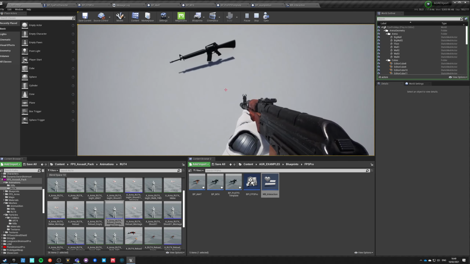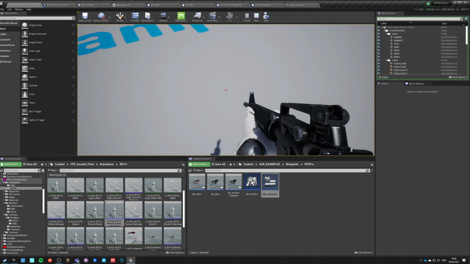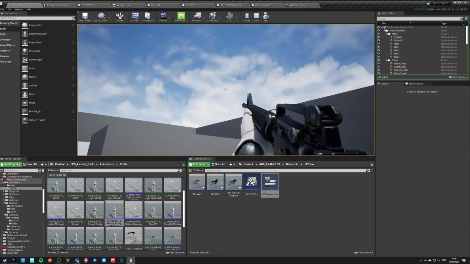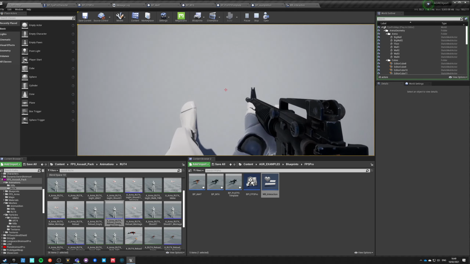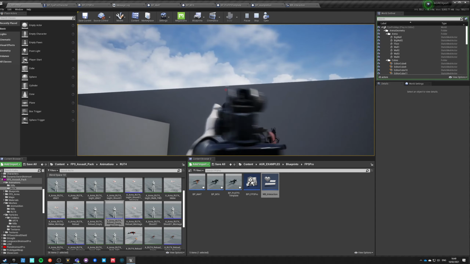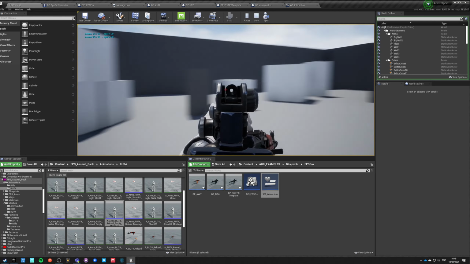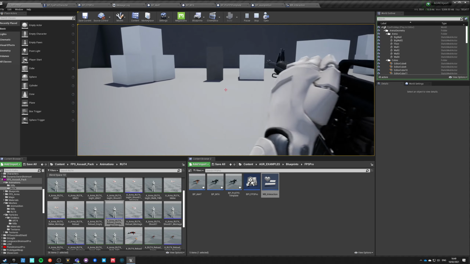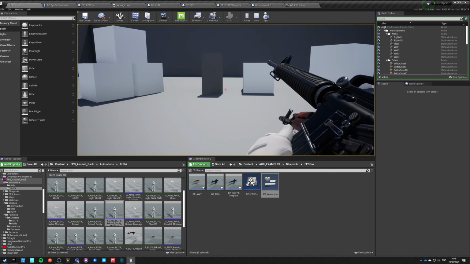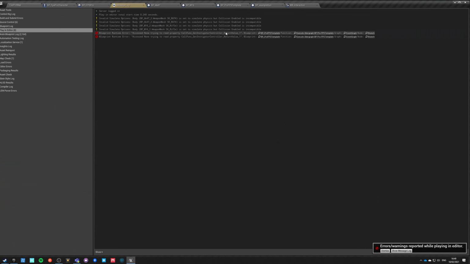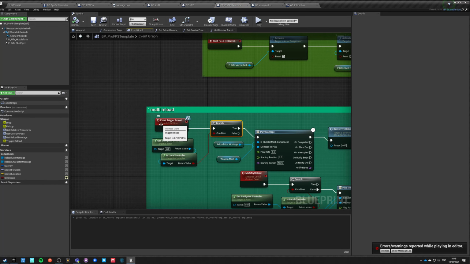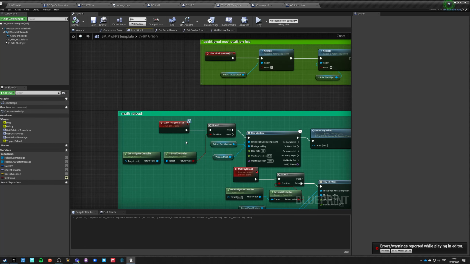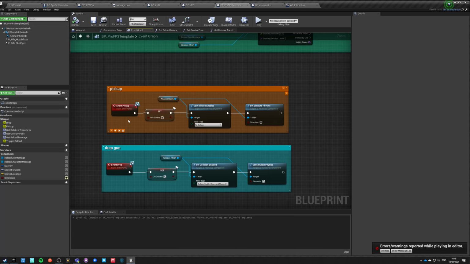Now I picked up a gun, and obviously I can pick up another one and they will just do this. Now I am holding actually two guns if you look at my shadow. Yeah, like I have one and I have second, but I am shooting only with the one that is the last one that I picked. Okay, let's see what's happening here. Event trigger reload, get instigator is local controller. Oh, okay, so we have to do one more thing on pickup.